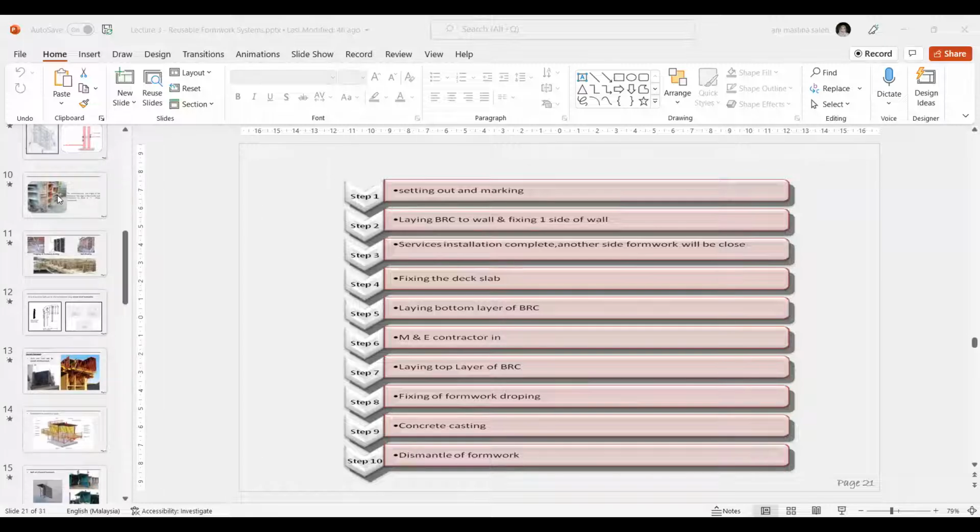Okay. Alright. So that is two types of formwork yang kita tengok tadi, which is the normal formwork system, the normal formwork system. Then you ada tunnel formwork. Okay, kalau normal, I mean the wall formwork system, they do wall